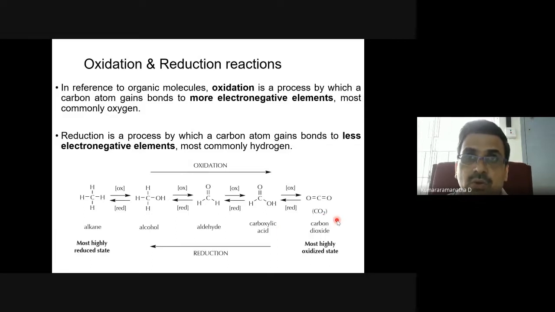To CO2, if you add hydrogen, you start getting carboxylic acid, aldehydes, alcohols, finally saturated carbons. So this is very simple, which I think many of you are already aware of. You know, adding oxygen, removing oxygen, or adding hydrogen, removing hydrogen. Now,